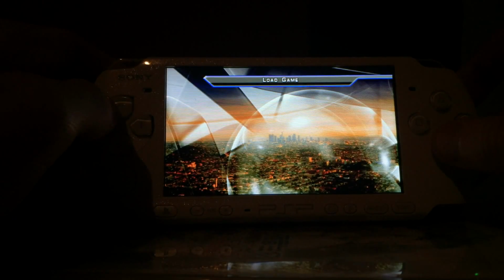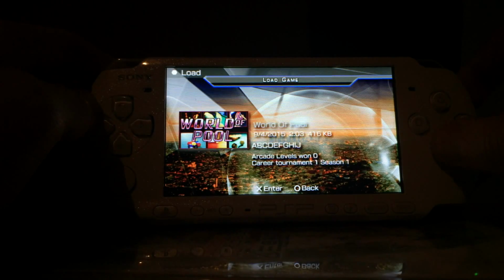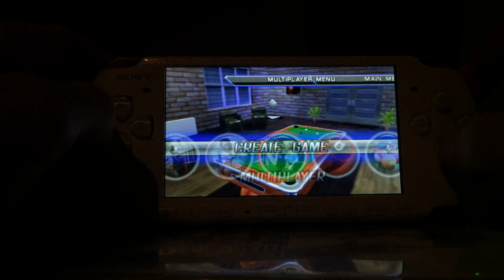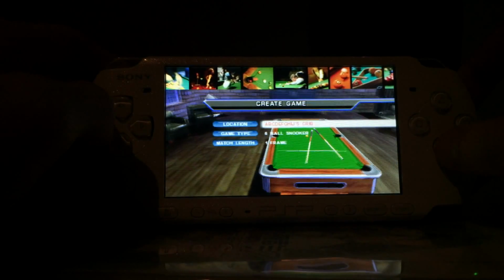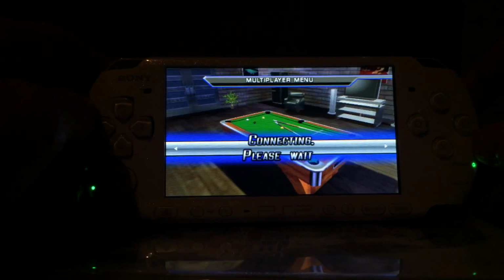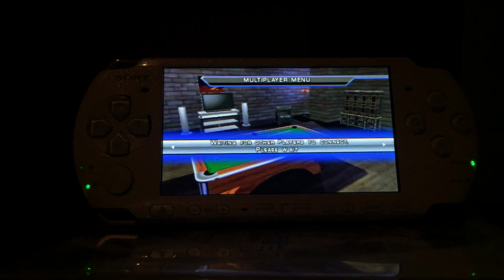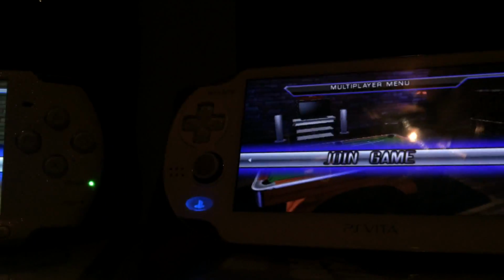We load the game. Then we go to multiplayer, create game, and there we go. This is everything we have to do on the PSP. And if we go back to the PlayStation Vita,